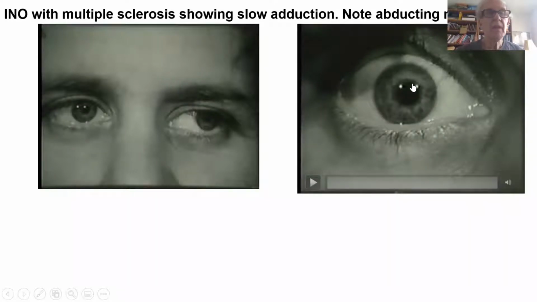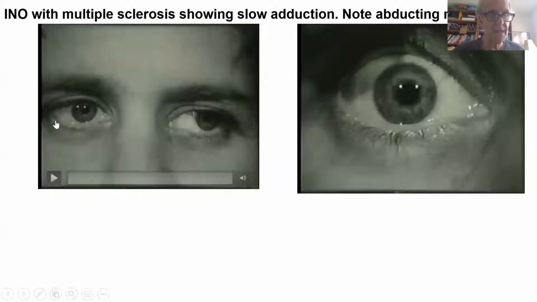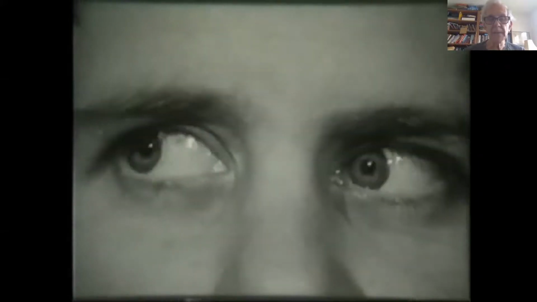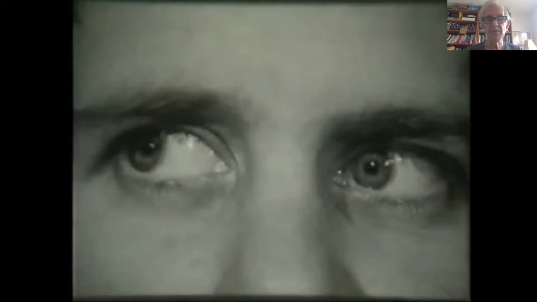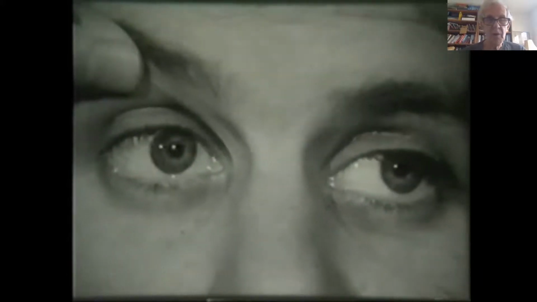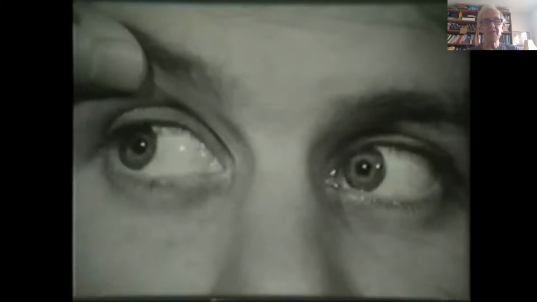I'm going to show you another patient with slowing of adduction. With mild lesions, you need not see limitation of medial rectus function, but you may only see slowing. And you may, of course, note that these patients also have nystagmus in the abducting eye. So here's our patient. Looking to the right is fine. Looking to the left, there's slowing of adduction and abducting nystagmus. So you may only see this if you ask the patient to make saccades, or if you have an OKN tape. Slowing of adduction